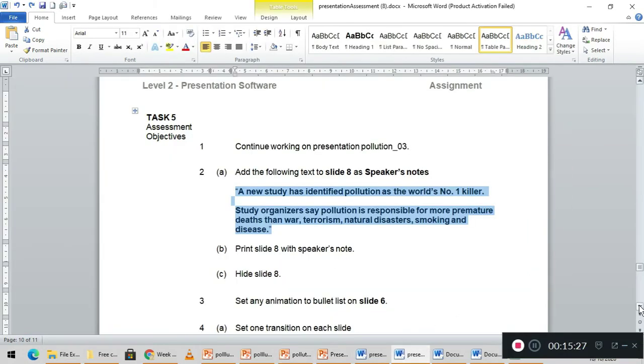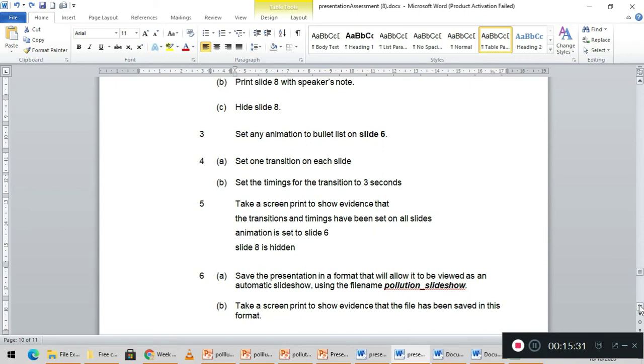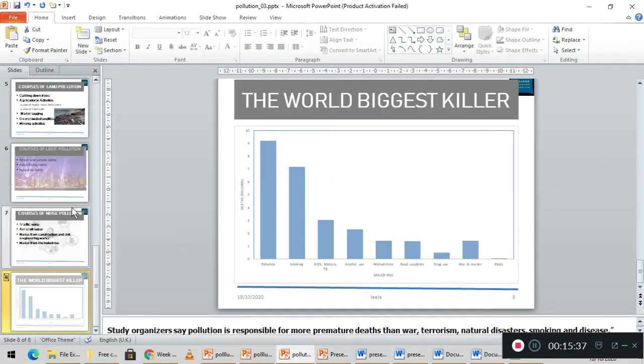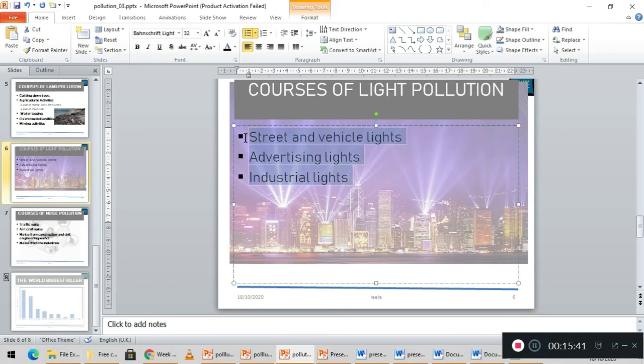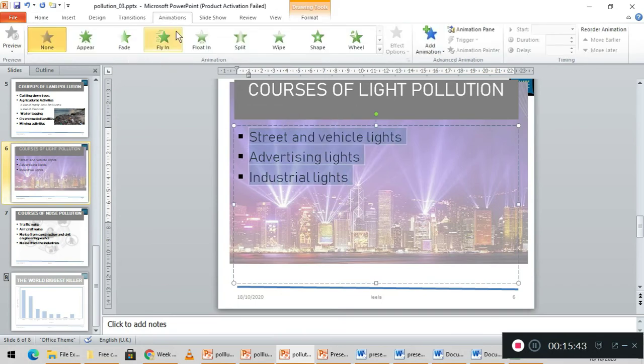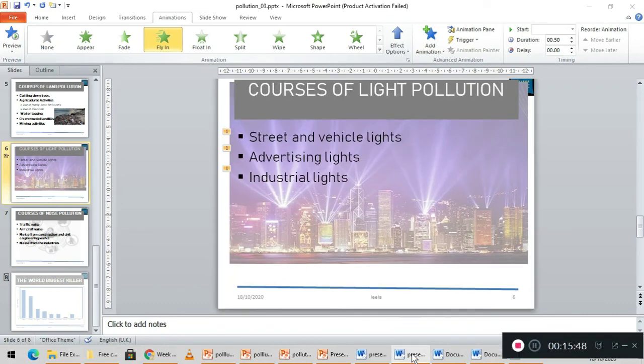Okay, and set animation to now 3, set any animation to bullet slide 6, and the 4 transition. Okay, slide 6, I'm setting animation to that. And also the next question they ask me is,